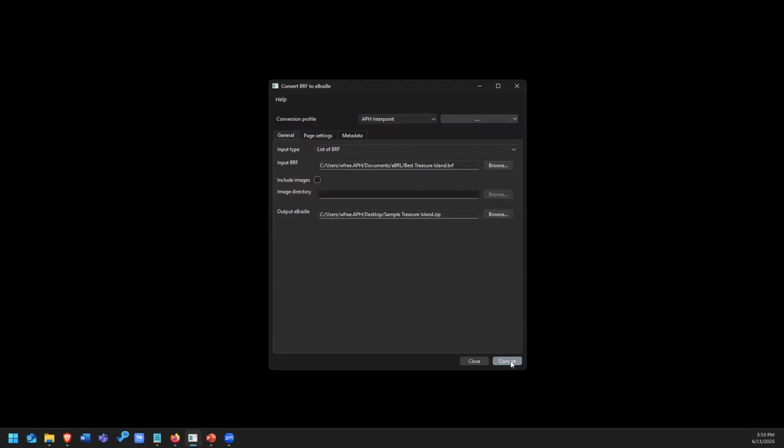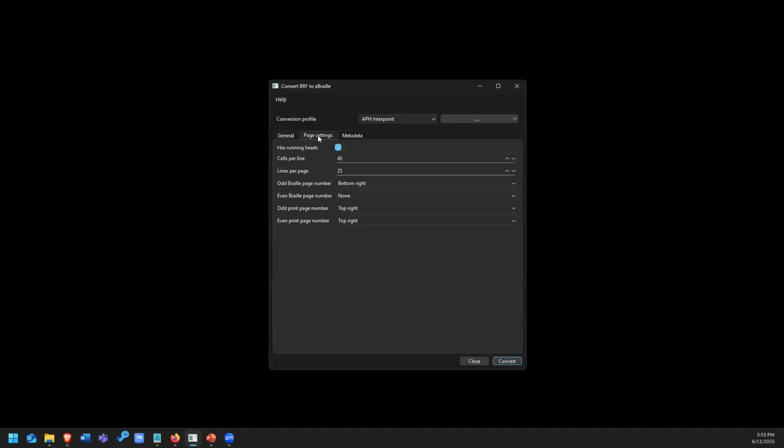So I've got everything set up. There's a convert button at the bottom, but before I use that, I want to run through the page settings and make sure my page settings are correct. I talked about these conversion profiles. There's an APH interpoint and an APH single-sided. The main thing here is the presence of the Braille page numbers and how those work.